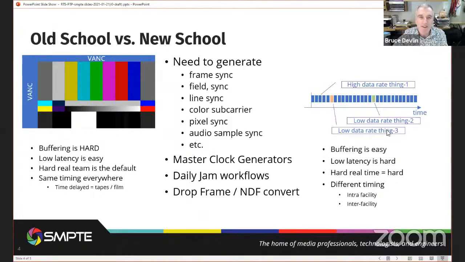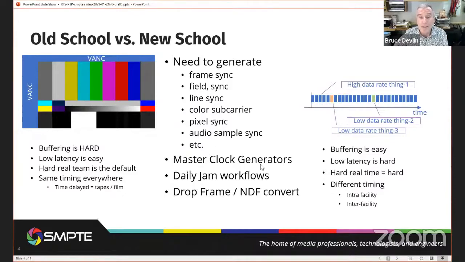So if we think about some of the constraints of putting all of this together, what we needed to do was somehow synchronize all of our frames together. We need to synchronize fields together. Ooh, interlace. Sorry, I thought I'd got over that, but interlace still causes me the heebie-jeebies. We had to get all the lines synchronized, especially if you were working in frame rate standards conversion in live and semi-live environments. We had to get color subcarriers synchronized. We had to get your 8-phase PAL sequence synchronized. There were all sorts of weird things that had to be synchronized, including pixels and audio samples.